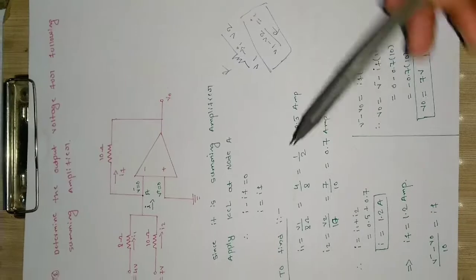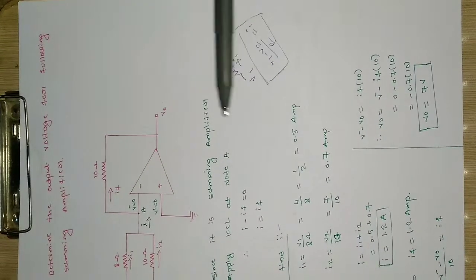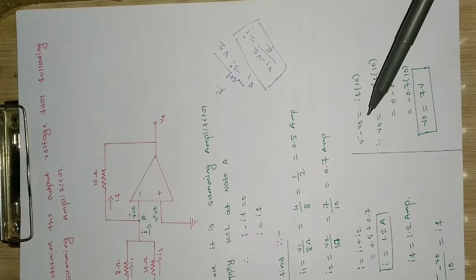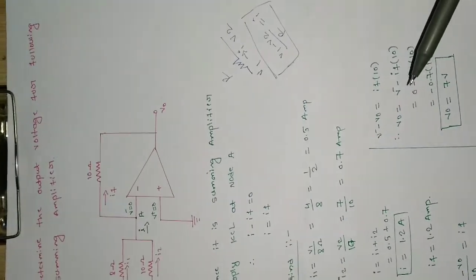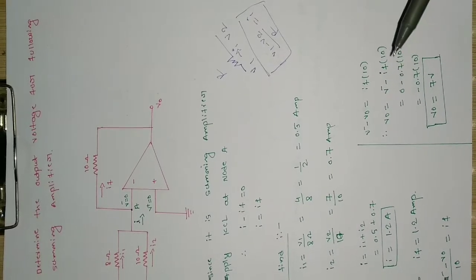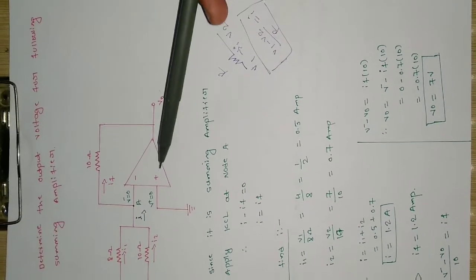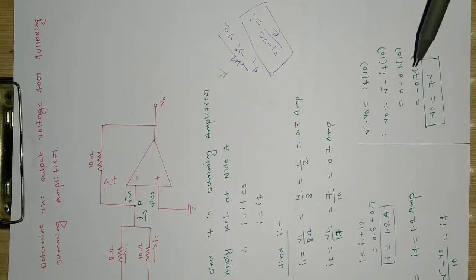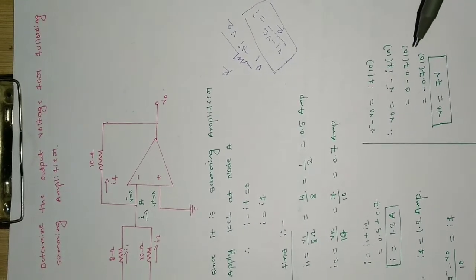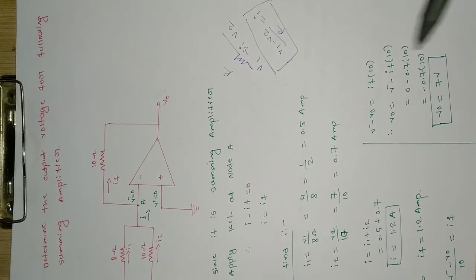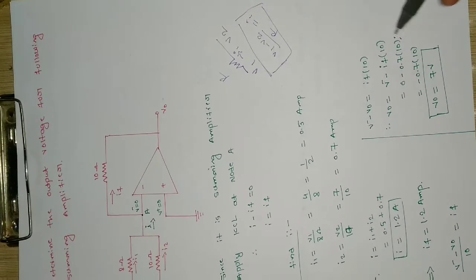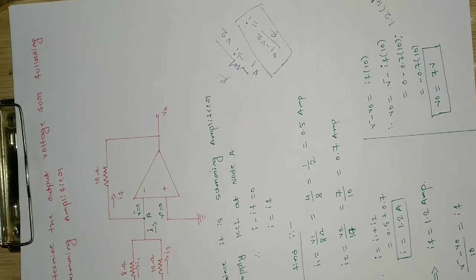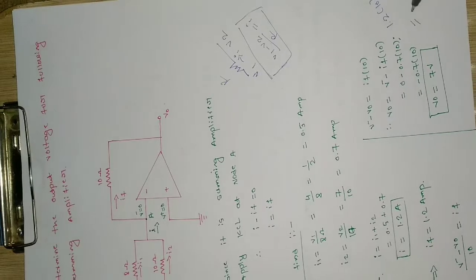So apply the same here, that is V minus minus V naught divided by 10 is equal to IF. So I can write V minus minus V naught equal to IF into 10, then solve for V naught here. V minus here is 0 because of the virtual ground effect. IF is the value of the forward current, that is 0.7, into 10. Oh no, I have made a mistake, guys, here. The IF value I have got is 1.2, and this should be multiplied with 10.